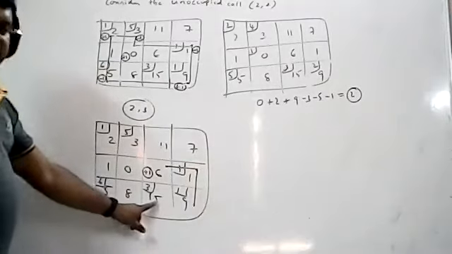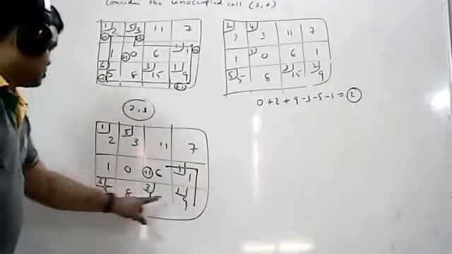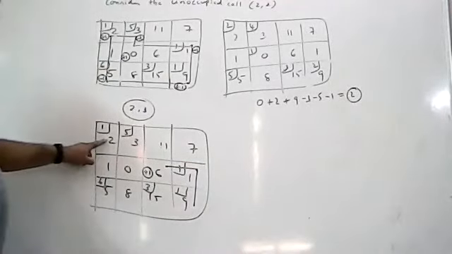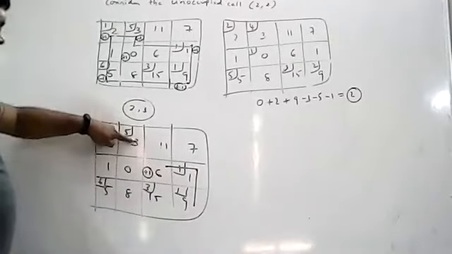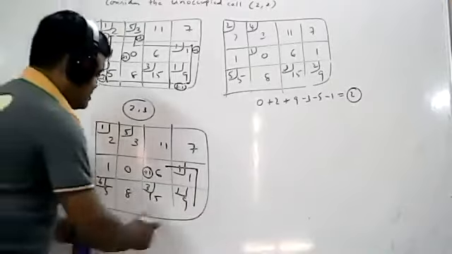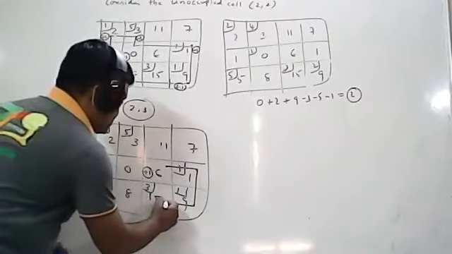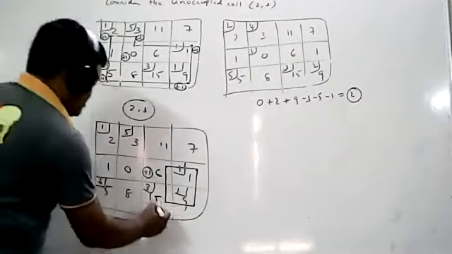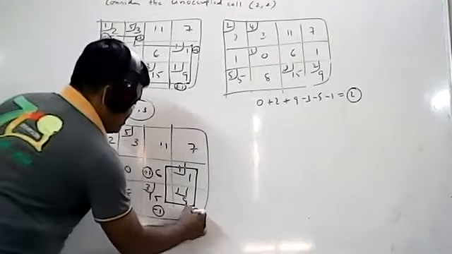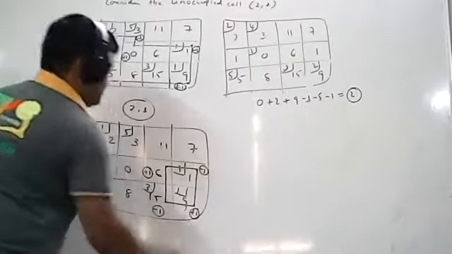Suppose you have a doubt whether I have to choose this one or this one. Suppose if I choose this one, then we will go here, then you will come here. So then you cannot go any side. That means loop definition fails. So obviously I won't consider this one. I will consider this one only. Next, loop definition means loop starts in the same cell and also ends in this. Plus 1 means minus 1. Minus 1 means plus 1. Plus 1 means minus 1.